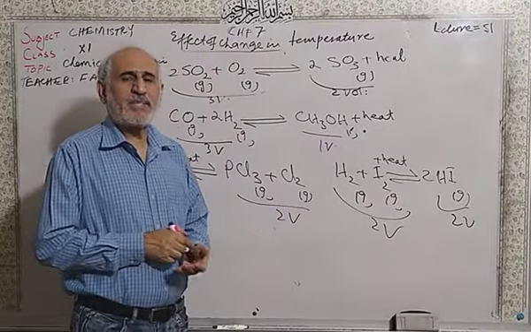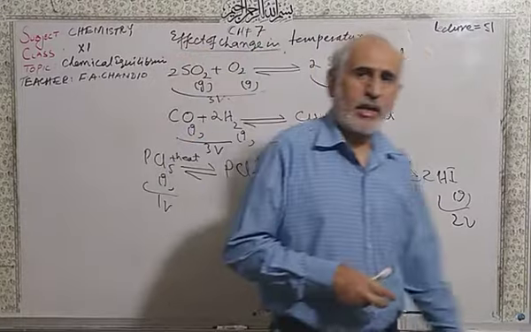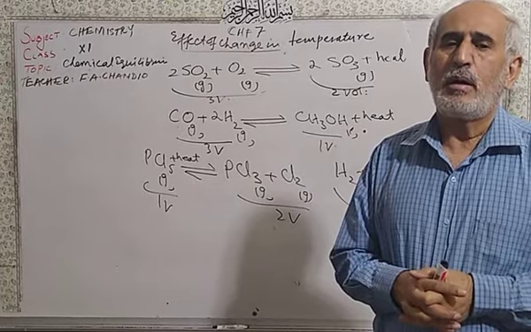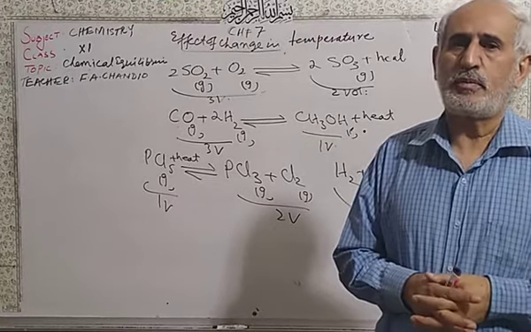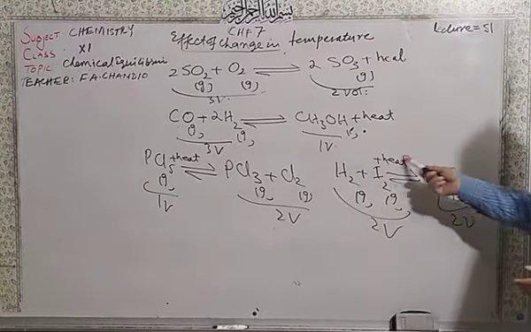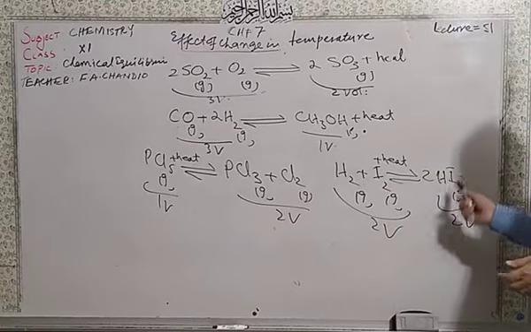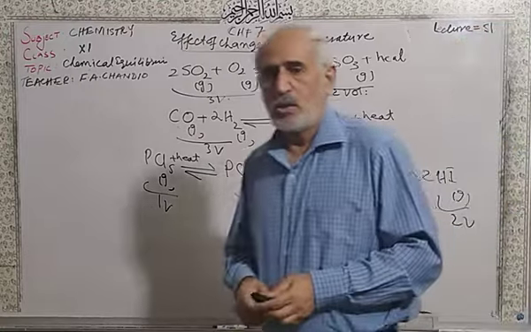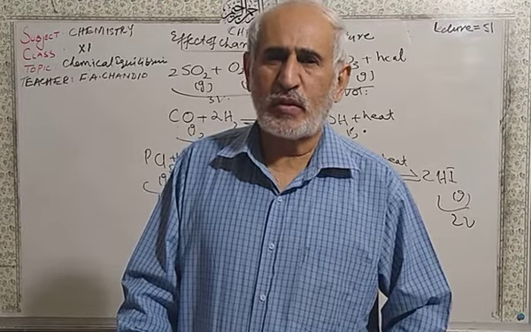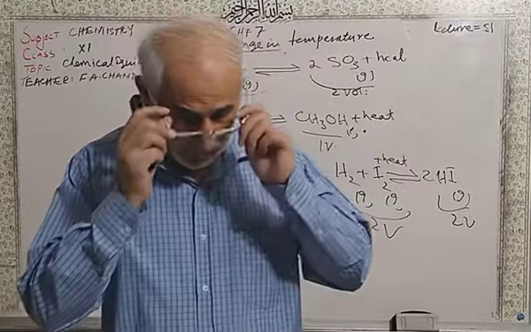The forward step is the endothermic. Mind it, either number of moles are equal, no problem. If the forward is endo, the reverse must be exo. That's why, if written that the forward is the endothermic, it means more favorable for increasing temperature to get more hydrogen iodide. So for the endothermic reactions, the system is going to move toward the forward direction and more product is going to be formed here.